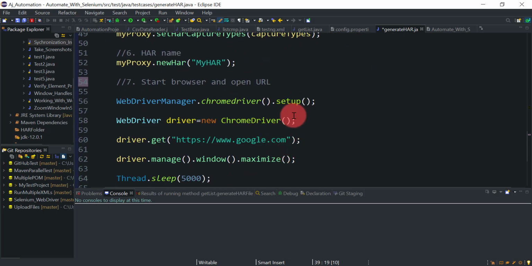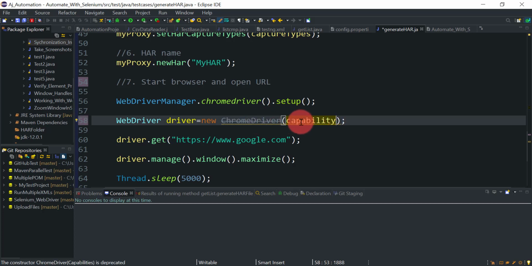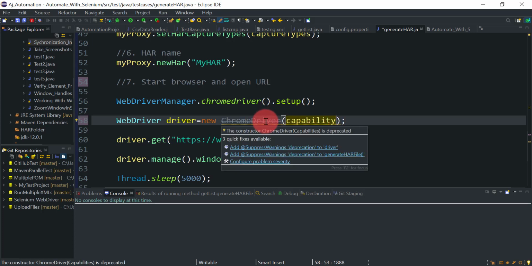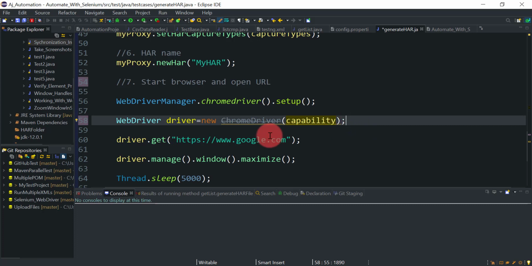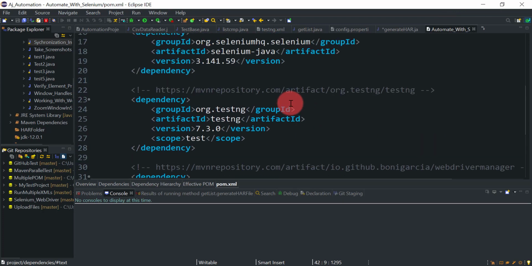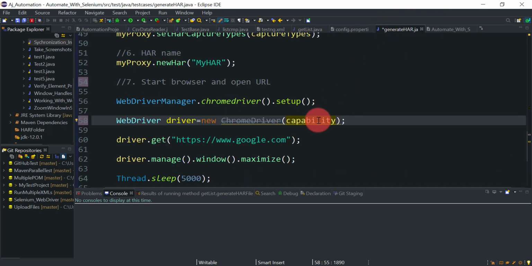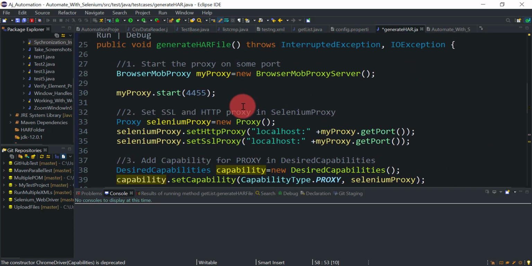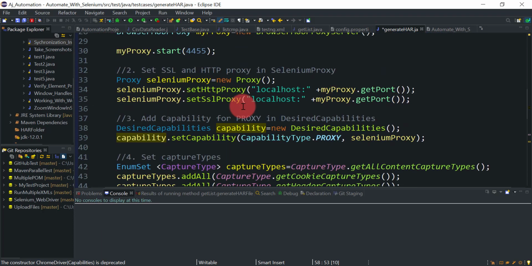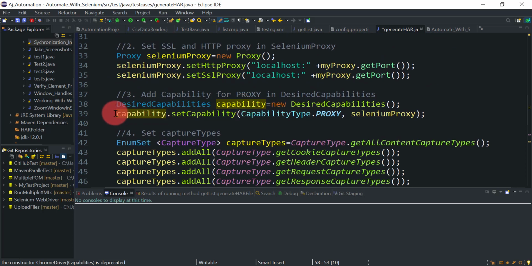Okay, so if you directly send this capability, the latest version of Selenium will have this method. Yes, you can send it, but it is deprecated. You can see here the constructor ChromeDriver with the capability is deprecated in the latest Selenium version. The Selenium version that we are using is Selenium 3.141.59. So instead of capability, what I can do is create a ChromeOptions object here.